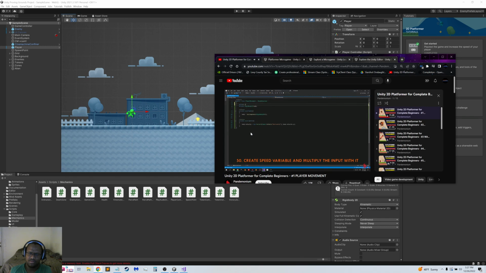To solve our problem, we're going to create a float variable that we're going to call speed, and we're going to multiply it with the Input.GetAxis horizontal. To make it easier to test and change the speed of a player, I want to make it